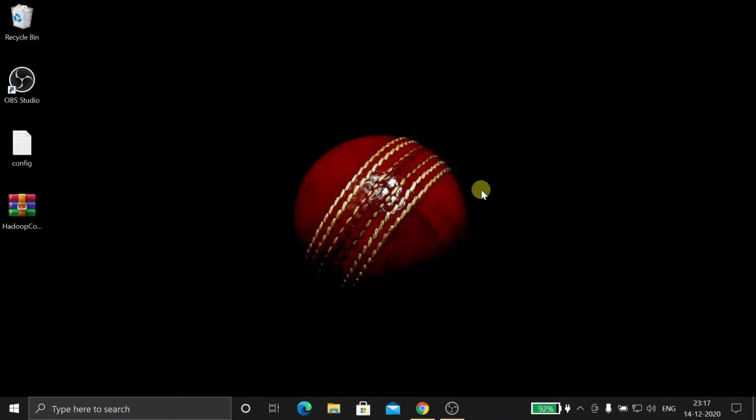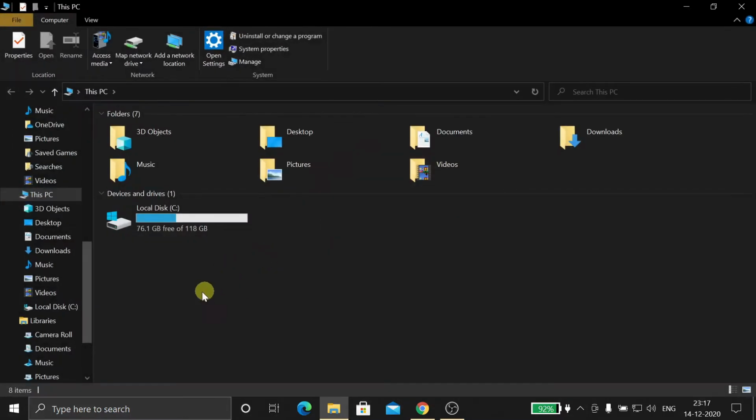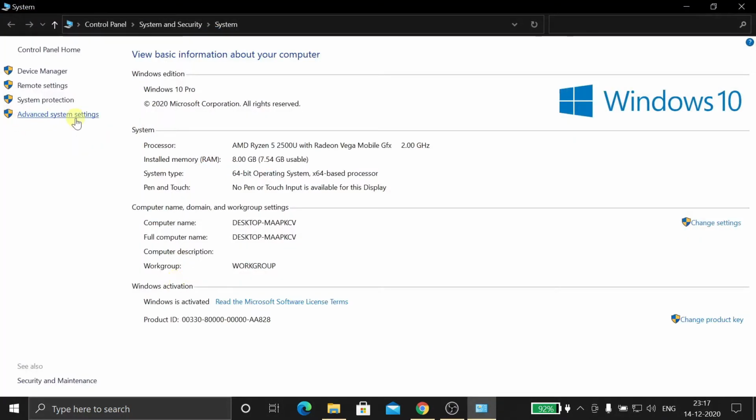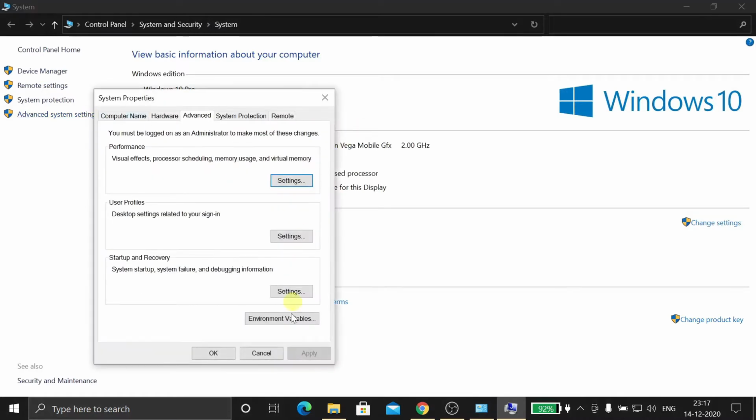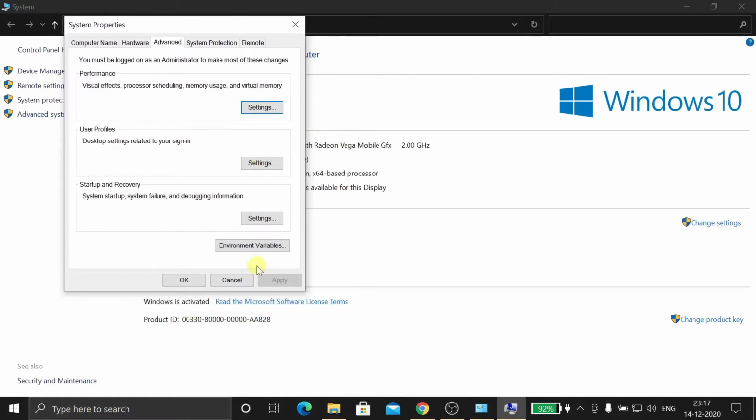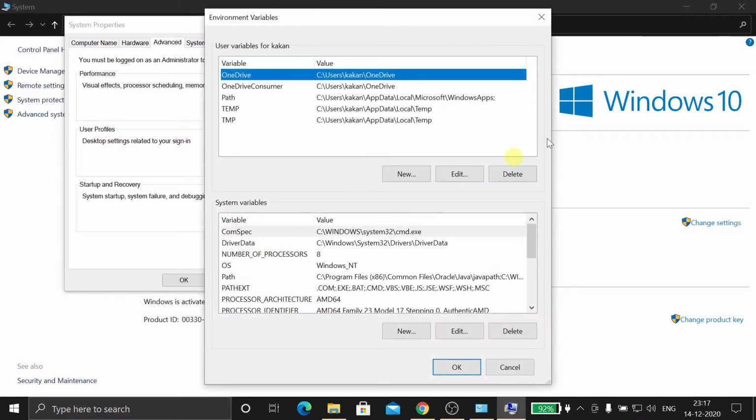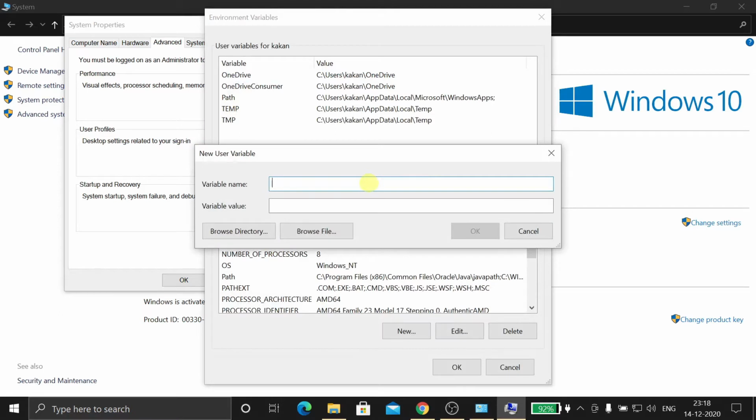Now we need to set the Java home path and Java class path. For this we need to open environment variables. So open My Computer, right click, properties, advanced system settings, then here environment variables. Now click here New, simply type in caps JAVA_HOME.